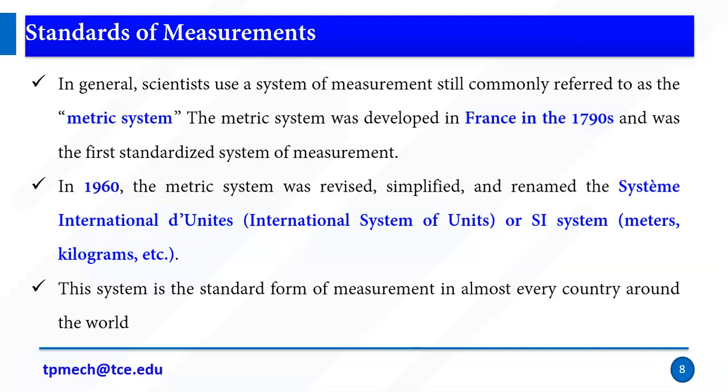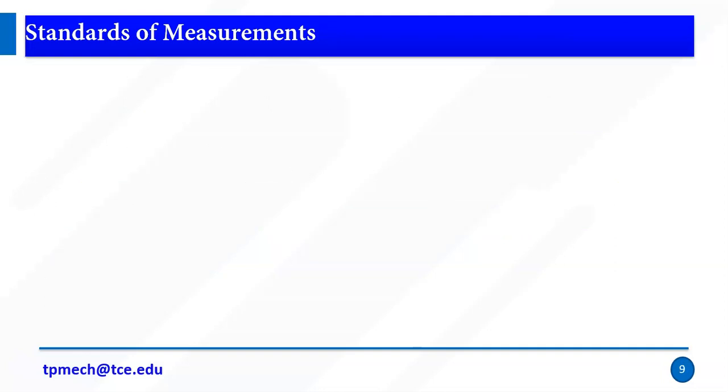For example, if I am fabricating some component, I won't use it only in India. It may be exported to other countries also. If I am using metric units here, but in the US the people use inches, assume that they use inches, then we need some standard for how to convert metric to inches, right? These are the major parts. So we have some international association, and that association will define the standards of units. So generally we follow SI units.